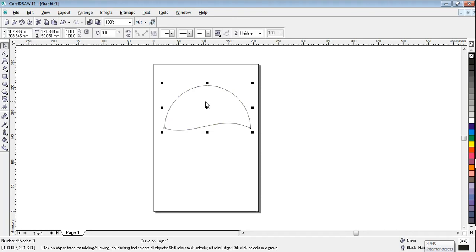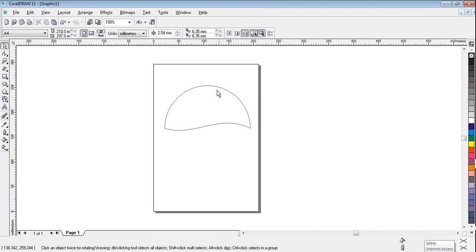Now once it is done, go to the arrow tool, the pick tool, and select it, and let's make a duplicate copy of it. How? You can either press Control D or else you can do Control C, Control V. Which command to use, try to understand first. When I press Control D, it gives you this object a little away from the previous object. I don't want that. I want the second object to be on the first object itself. Now let me remove this. I'm deleting it.